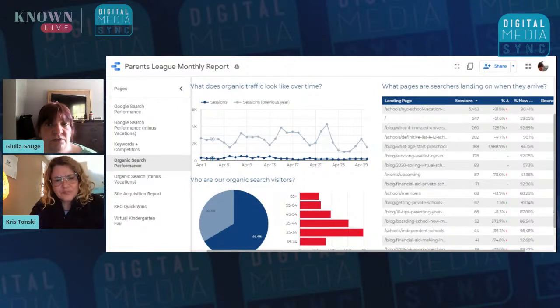Another thing I really wanted to jump in with really quickly is that with Data Studio, you're also able to get information from other resources. It's a little bit more difficult and it has a few more steps. So here's your usual reports. And then you have something called data sources. I'm going to go through this very quickly. These are all my data sources that I've pulled up and I've been able to grab.